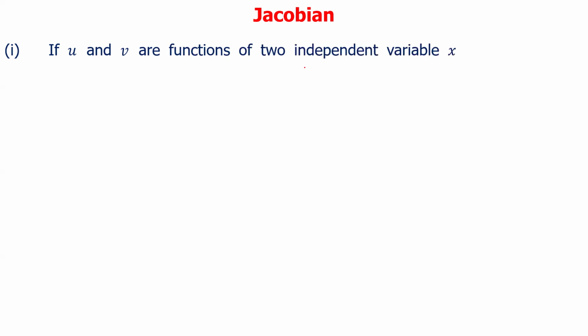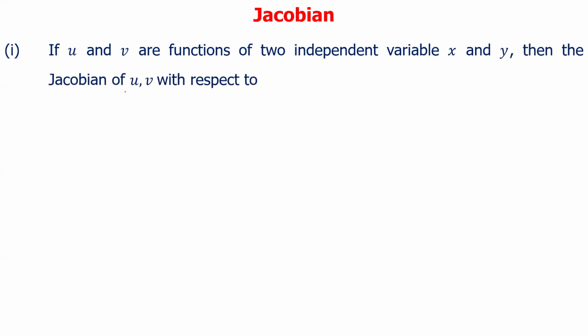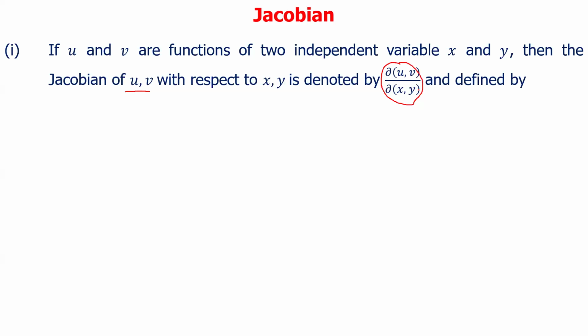In this lecture, we discuss the Jacobian. If u and v are two functions of two independent variables x and y, then the Jacobian of u, v with respect to x and y is denoted by ∂(u,v)/∂(x,y) and defined by